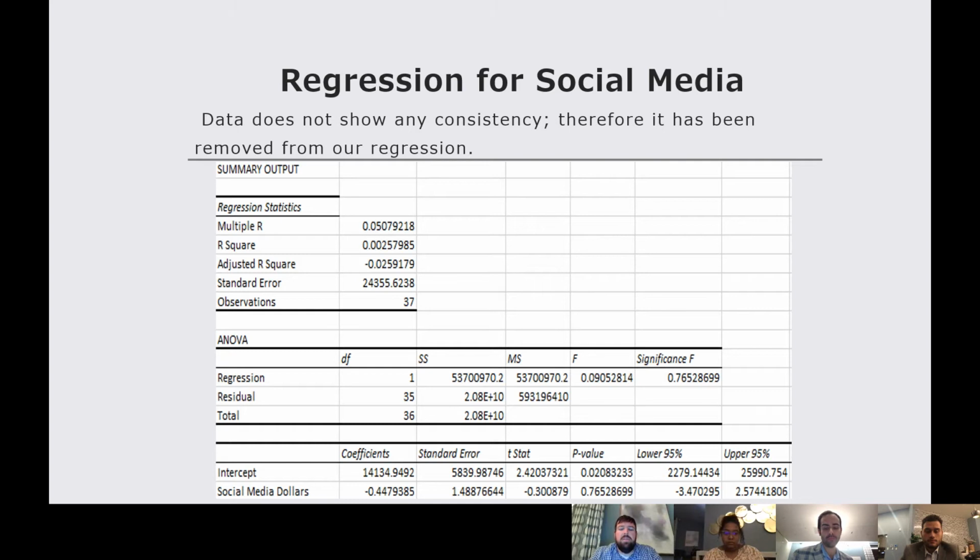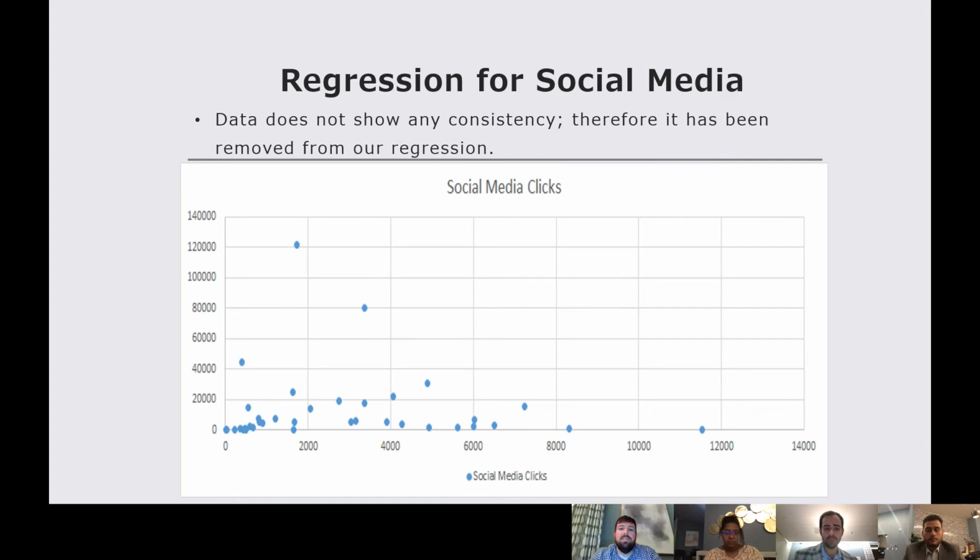But the social media is different than Google AdWords too. Google AdWords is known to be the top advertising place for online stuff. And then when we look at the scatter plot here, you can see that there is no correlation between number of clicks and dollars spent. As you see, the dollars spent here on the x-axis on the bottom, and then the y-axis is the clicks. You can see that there is no correlation at all with the dollar spent per click.